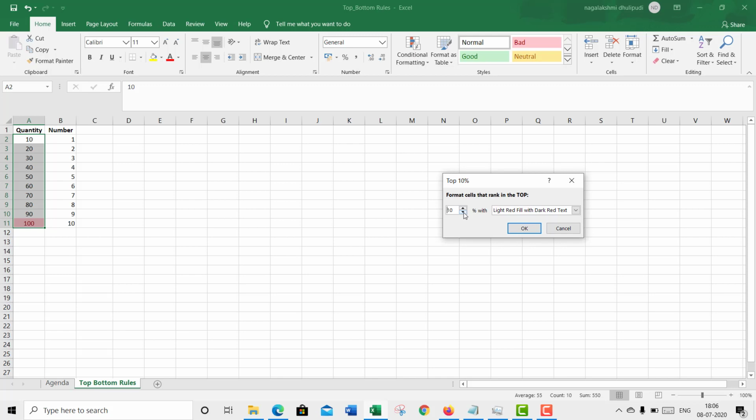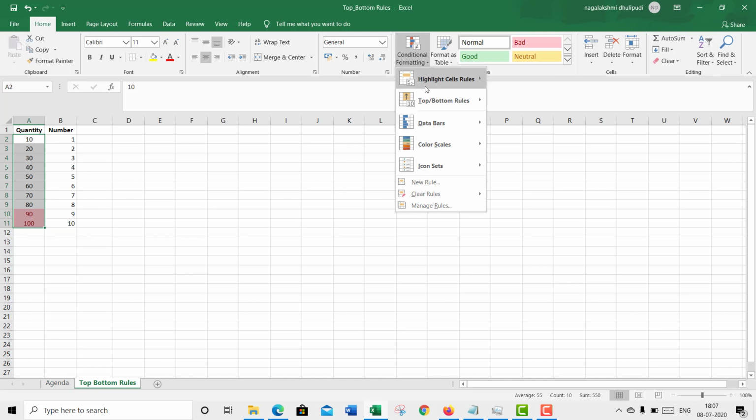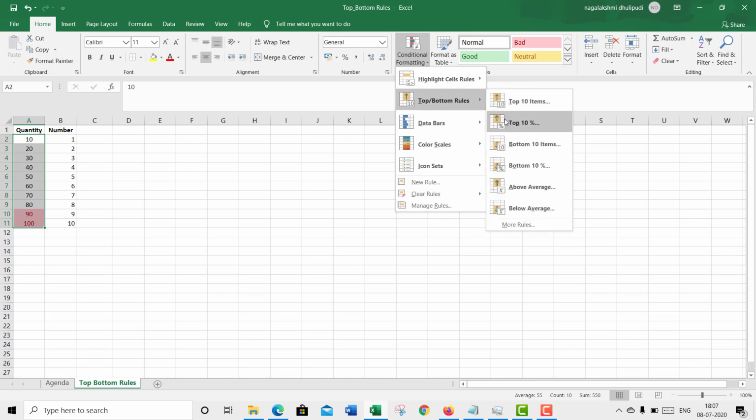Two items will be highlighted. This is how the top 10 percentage option will be useful while working with our data as per our requirement. As I have already explained for top 10 and top 10 percentage, you can use bottom 10 and bottom 10 percentage according to your requirement for your data.